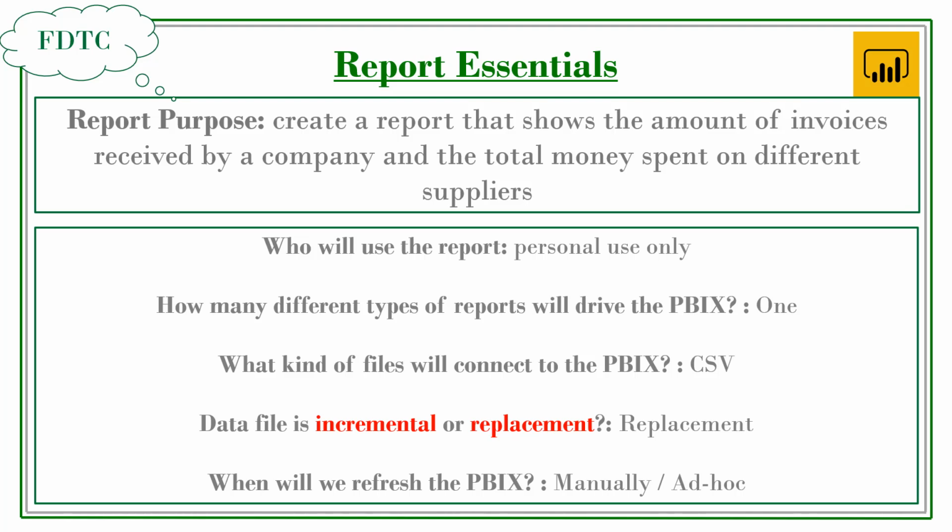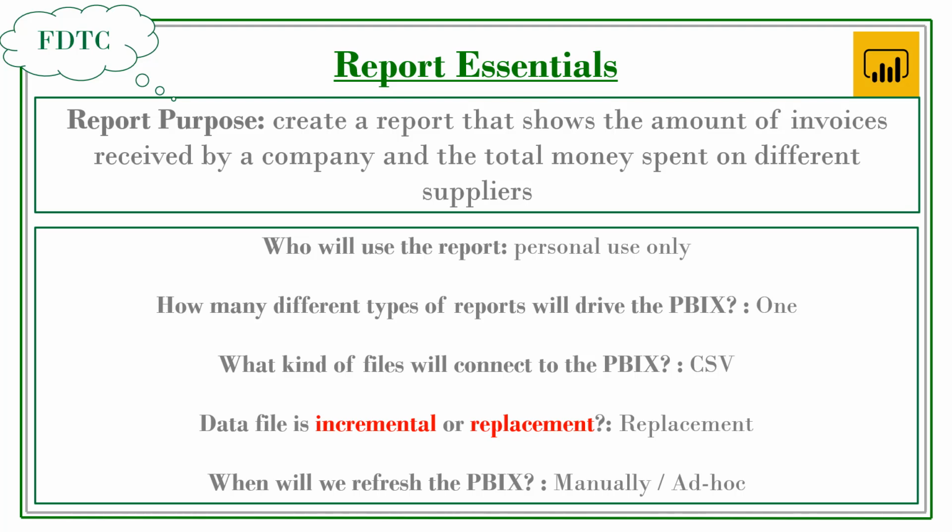By the end of the month though, we want to see all the information in Power BI again, and so we'd need to rerun the CSV file so that it includes the extra month of data. Replacement data file type means that if we were to run the same report at the end of May, the report would show all information from the beginning of January to the end of May, and to refresh Power BI, we'd then save this new file over the top of the file that only showed January to April. We'd then refresh Power BI to bring in the new dataset.